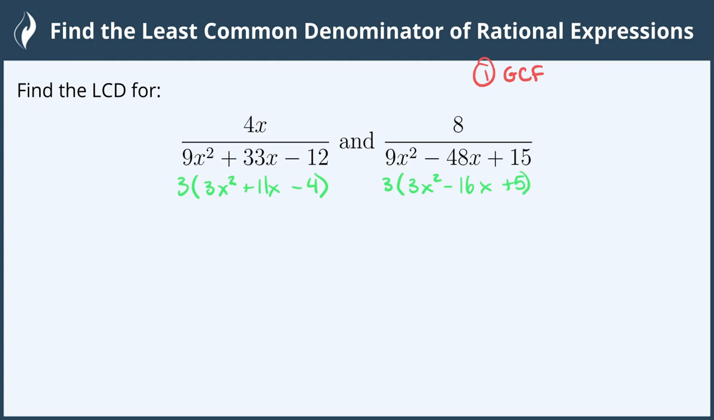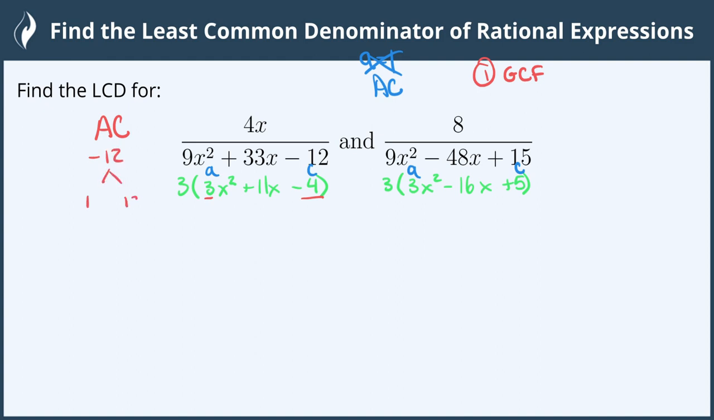Now, unfortunately, it doesn't get all the way down to the form of a equals 1, so we need to do the AC method and multiply a and c together for both of these and factor the AC. On the left, let's go ahead and multiply AC. We have 3 and negative 4, so we get negative 12, and finding all of the factors of negative